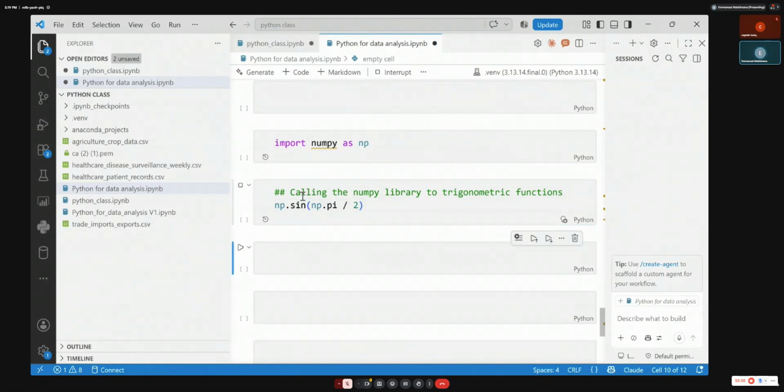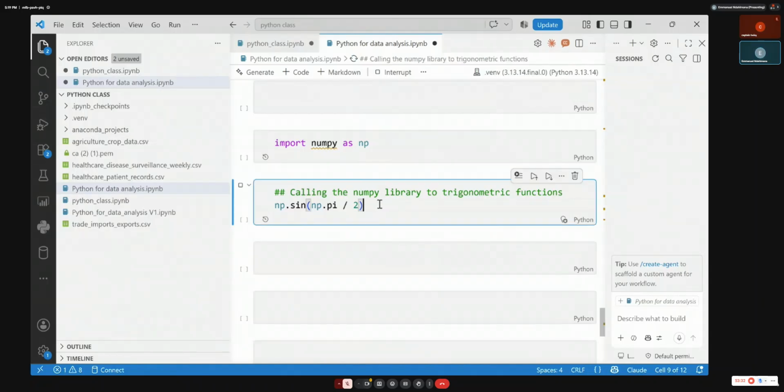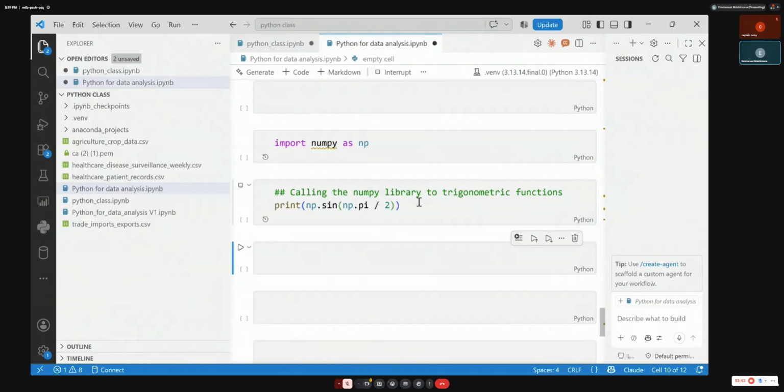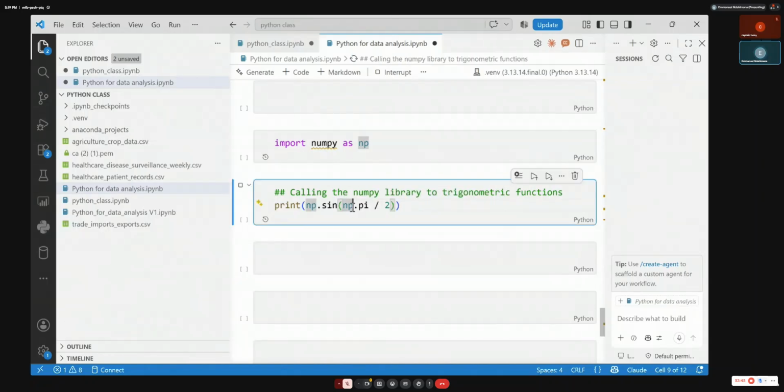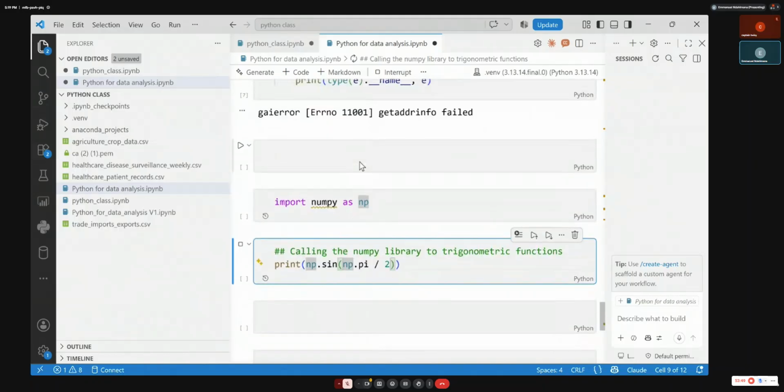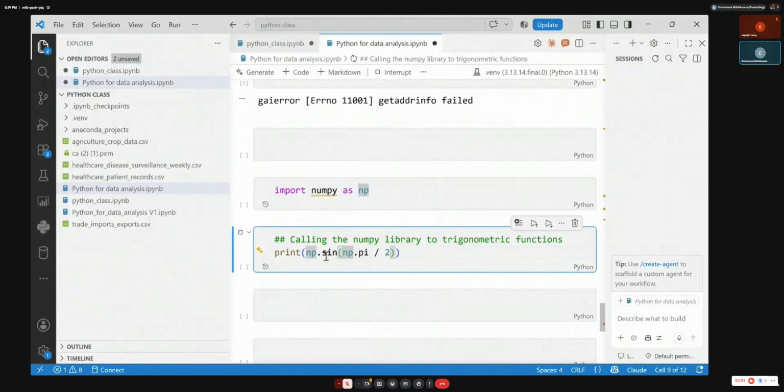If I do like this, it will tell me the result of this value. If I want, I can also put this under print. I don't know why it's not showing down there, but it was still running. It takes a little time, but it comes.